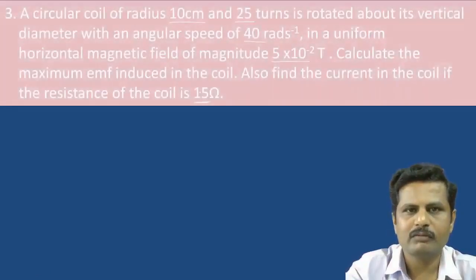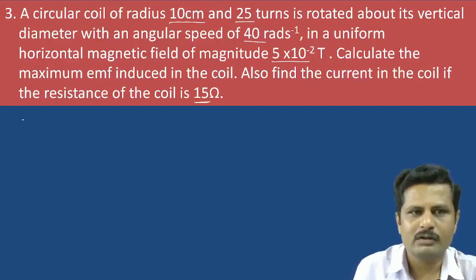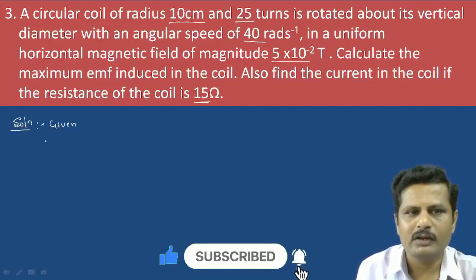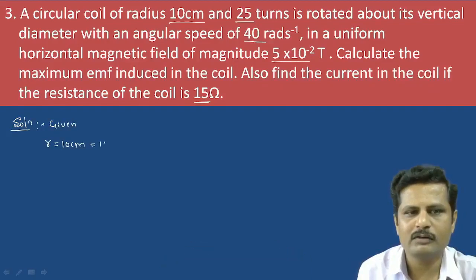So here we have a coil. Let me write the given data first. The radius is 10 centimeter, which should be written in meters. Centi means 10 to the power minus 2, so 10 into 10 to the power minus 2 becomes 10 to the power minus 1 meter. Next, the number of turns is n equals 25 turns, and it is rotated about an axis with angular speed omega equal to 40 radian per second